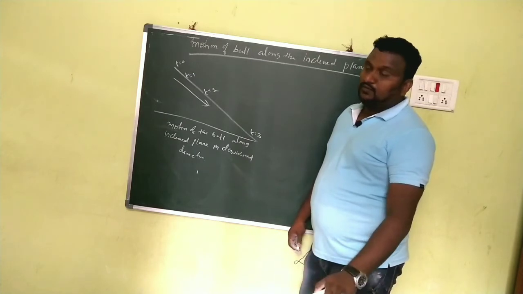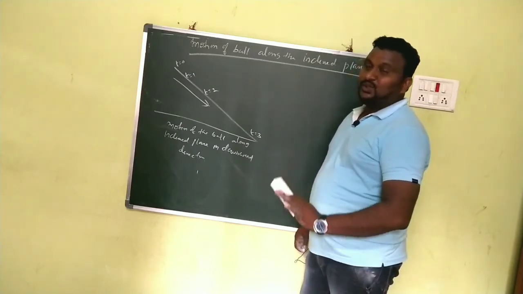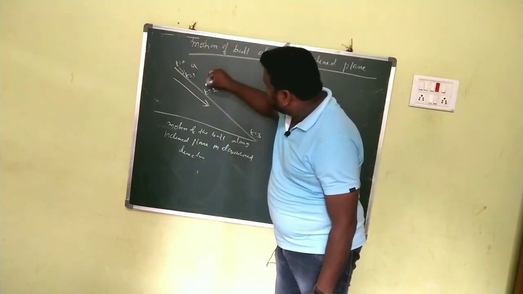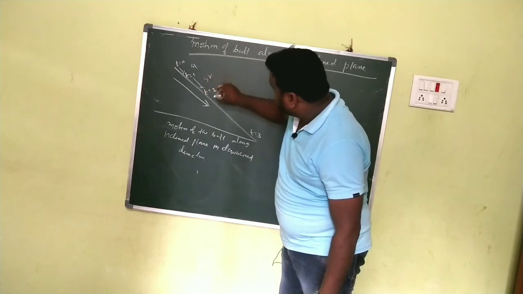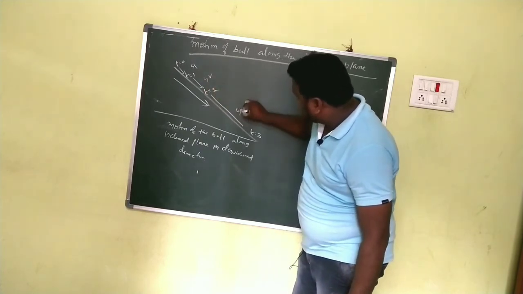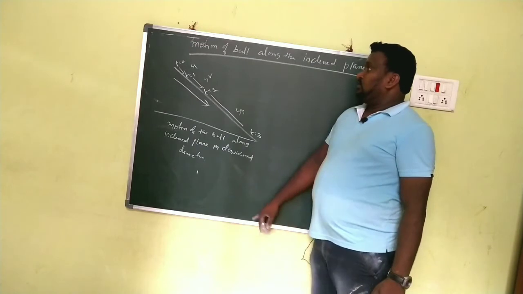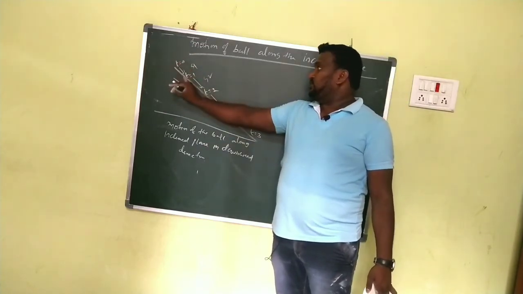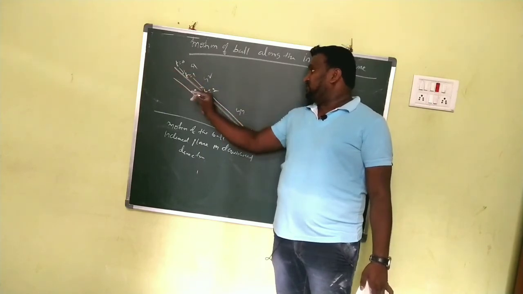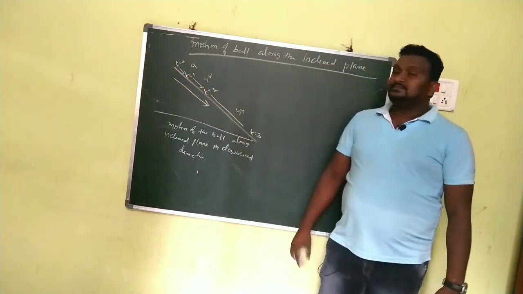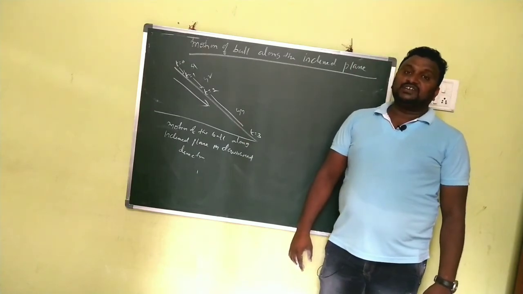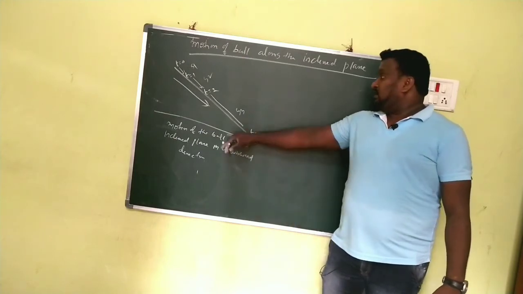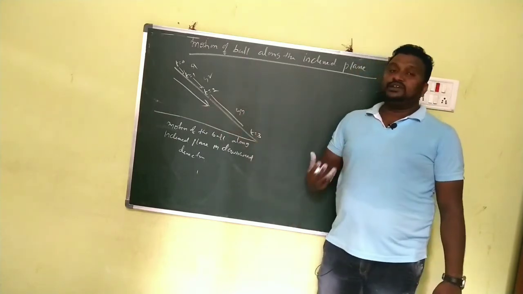In that graph, in that plane, in that figure, you have to observe here, this is the distance traveled S1, and this is S2, and this is the distance S3. Clear? Distance between two intervals, t equal to 0 to t equal to 1, this is S1, and this is S2, and this is S3. Tell me now, in which case is there more distance? For the time between t2 to t3 we have more distance.